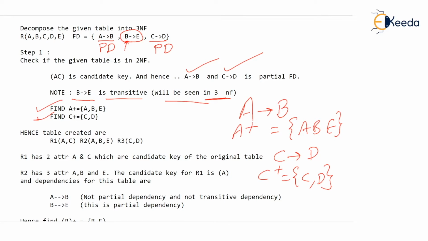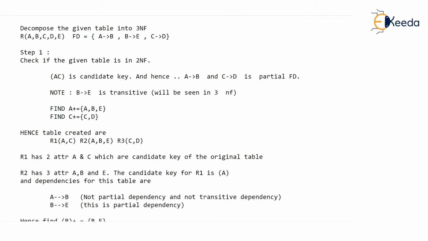Now as our old habit goes, we will write all the attributes A, B, C, D, E of our original table. And look here, I'm ticking. We found A plus as ABE because there was partial dependency, A determines B. Now we say A will take away with it B and E. We will not strike out A, but A has taken away B and E. So this becomes one table. Let's not name it.